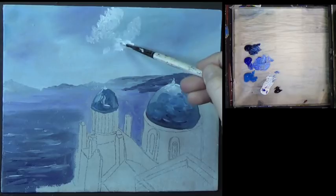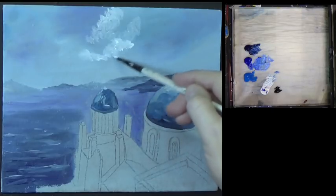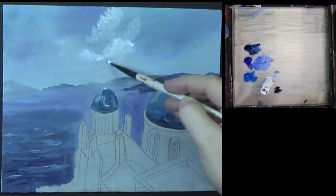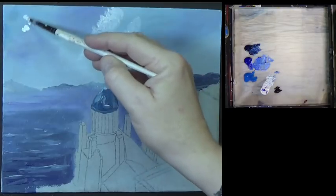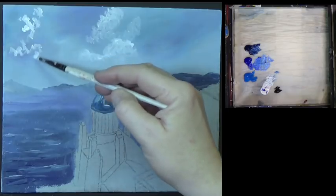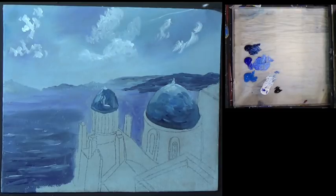So I just turned the brush like that to get a little bit more paint off my brush, to get a bit of a fluffiness into this cloud here. And again, dry brush, just to give you that shadow underneath of that cloud there, like that. Some wispy clouds, picking up some more paint. And just be loose. I'll put a bit of cloud over here, and this indigo in. See if we can do that. Yeah, there's one of them little